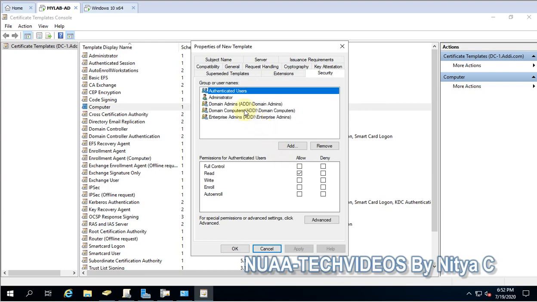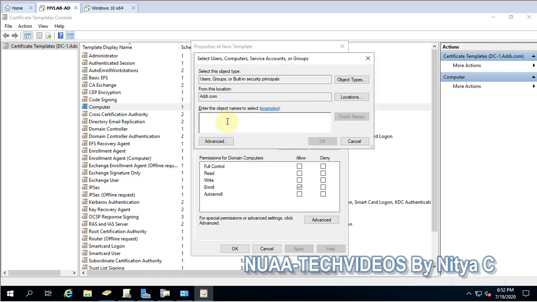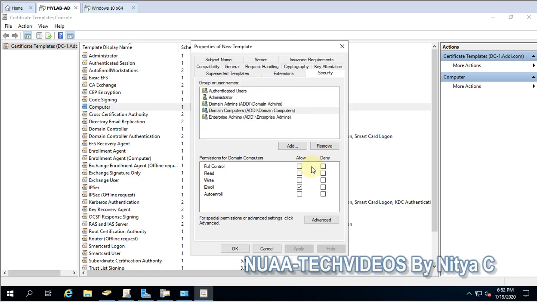So domain computers, this is already there, enroll, and we would like to secure our domain controllers also. So let me add the domain controller here. Okay, and enroll.